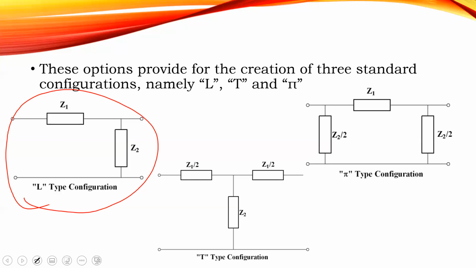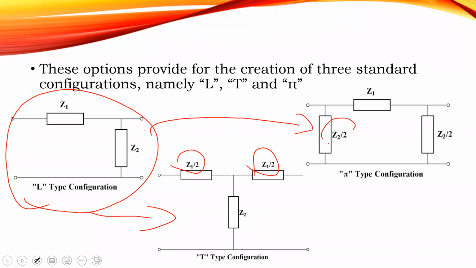So from your L to your T, note what you have is Z1 over 2, Z1 over 2. Yes. And from your L to your pi, it is Z2 over 2, Z2 over 2. However, students,